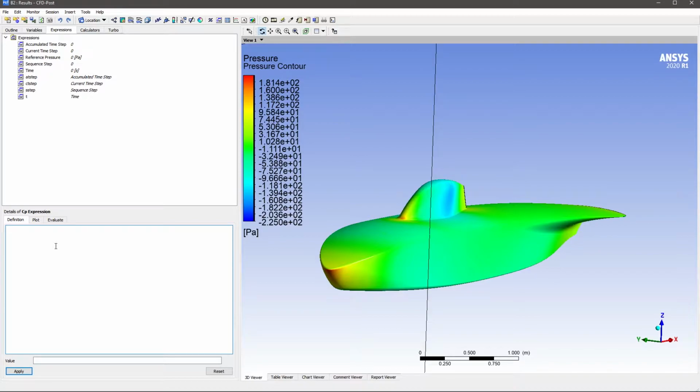All right, so you'll get a big blank white box. What you want to do here is type in a formula in CFD-Post's language. This can be found online. This equation is just the equation for the pressure coefficient based on the values at the inlet. So you type bracket pressure minus reference pressure bracket